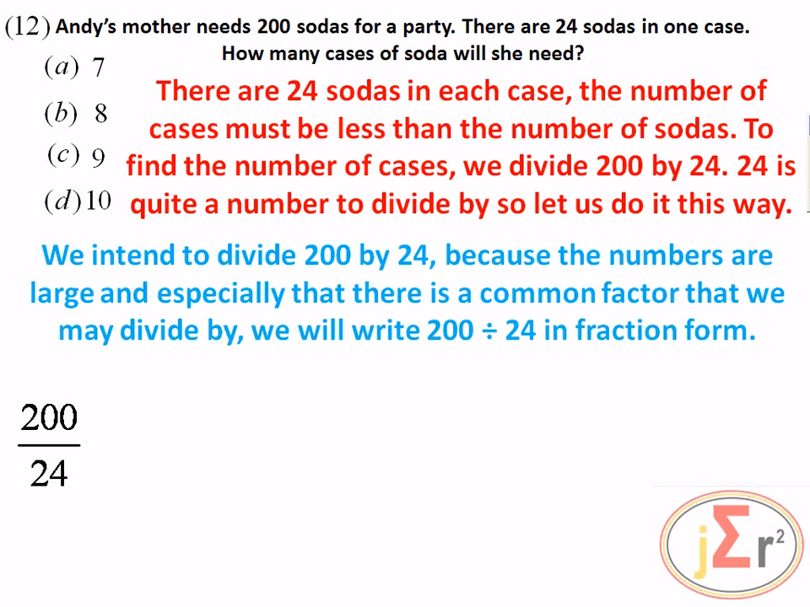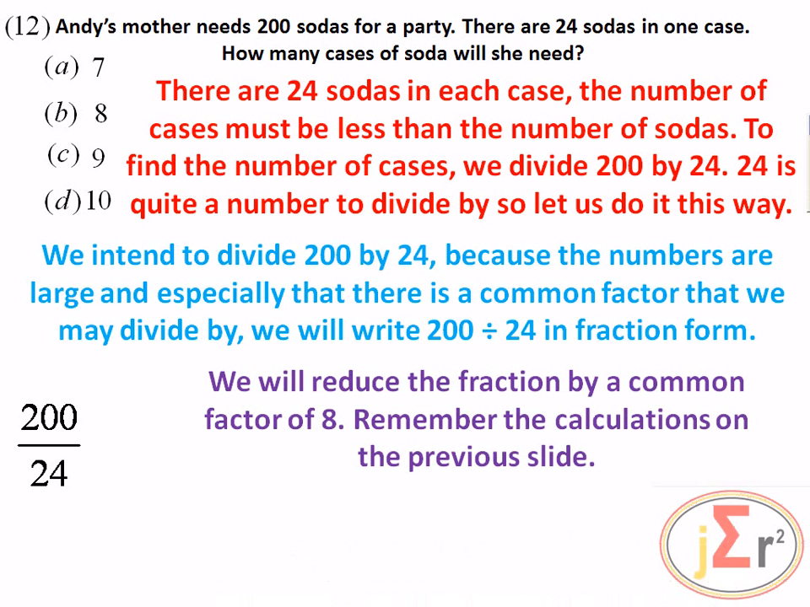We will write in a fractional form. And then we will reduce the fraction by a common factor of 8. So Jerry said that we have a common factor of 4. That is correct. But we are reducing it to the best of our ability. And in order to do that, we are attempting to use the largest number that can divide into